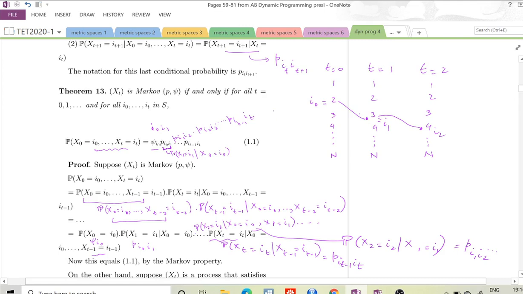And this theorem is saying, well, for a Markov chain, it's just the initial probability of this, times the transition probability, which is this one, times this transition probability. So in this specific example, it's the initial probability of state 2 times the probability that the state makes a transition to state 3 from state 2, and then makes a transition to state 4 from state 3. Okay?